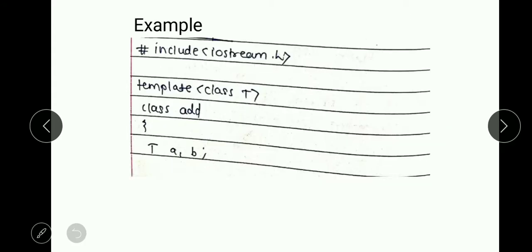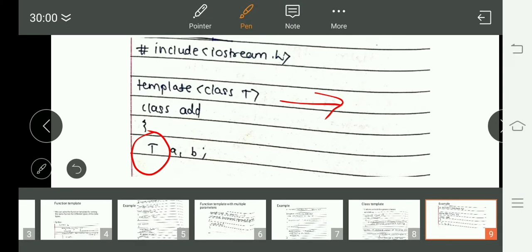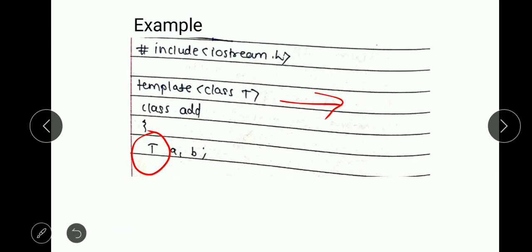Here we discuss one example. This is a simple example: #include <iostream>, then template class T. This is the declaration inside the program. Then class add, and here we use the template variable T a, b. So a and b are two variables of type T, and this is the body of the class.